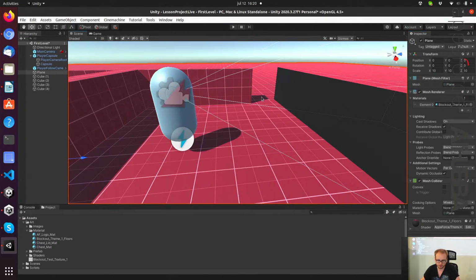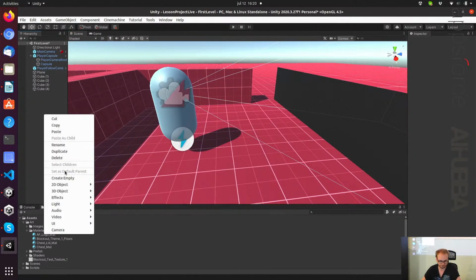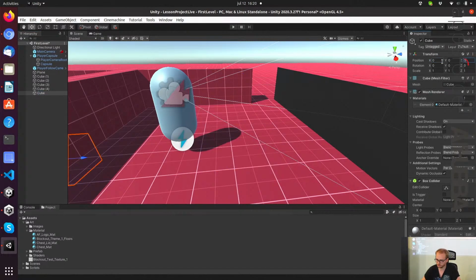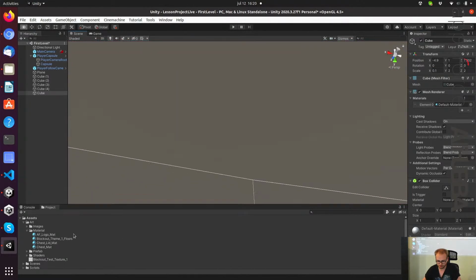So what I'm going to do is I'm going to start on a little door. We're going to make something very basic, so I'm going to add a cube again, and I'm going to set this to the origin. I'm going to move this around, and I'm going to move it over here. I'm also going to move it upwards by 1, and I'm going to make the scale vertically 2 meters, and I'm going to make the scale in X 2 meters as well. And I'm going to make the depth quite a bit thinner. As we know, doors are,